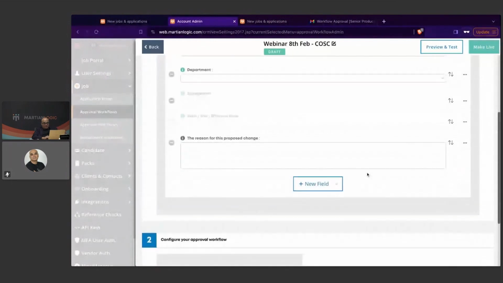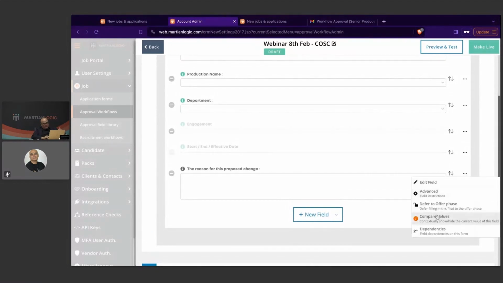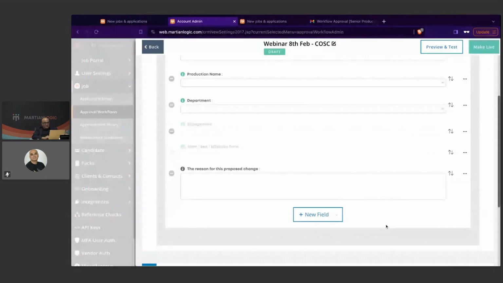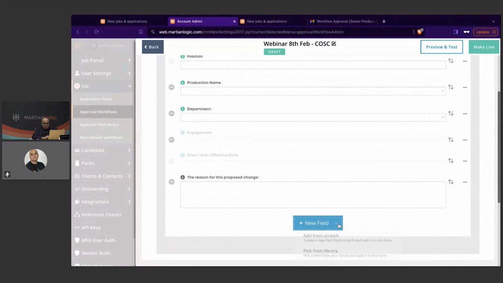But what that enabled us to, do you remember how we talked about the left and the right, meaning current versus proposed? This is how you enable that. So for this field, let's see, now it's in orange, the compare values is on. Otherwise, it's just one thing, one instance of it, as opposed to current and proposed. That's your flexibility here. So it's really, really powerful. One of the things that we needed to do for this purpose. But the dependency is all available for you. For example, what you can do in here, let's do an example together. That would be pretty cool, I reckon. We're going to say,